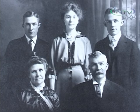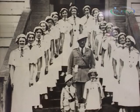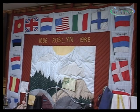Nick, we were talking about the people. Obviously, the people served this community as well. The largest majority of Roslyn residents were foreign immigrants that understood the greatness of America and how free they were when they came from Europe under the different feudal systems they lived, and they were very proud to serve their country. And this display case here demonstrates some of the items that have been donated from the servicemen of Roslyn,